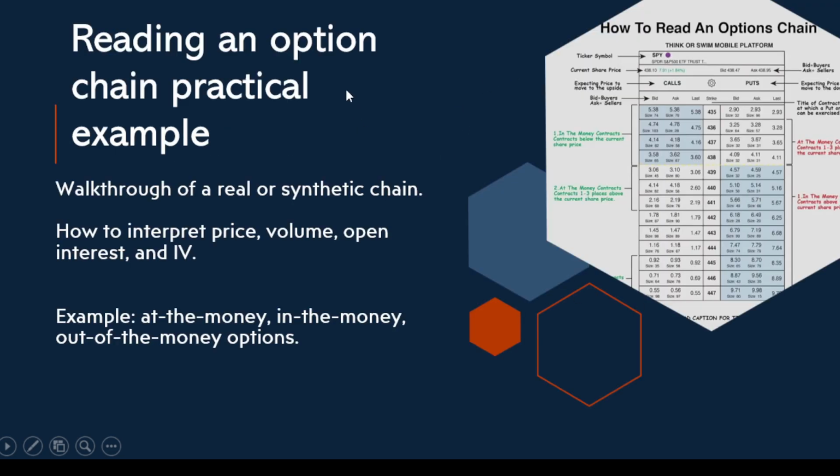So how are we going to read the option chain in a practical example? When we walk through the real or synthetic chain, we're going to interpret the price, volume, open interest, and IV first. As you can see in the example, this is the at the money part, this is the in the money part, and this is the ATM part, where the at the money strike price. ITM is the in the money strike price, and OTM is out of the money options, which